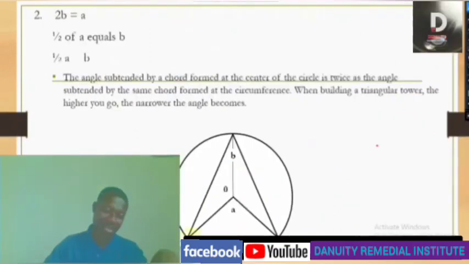I can see a chord here. For what we have done earlier, I will not explain